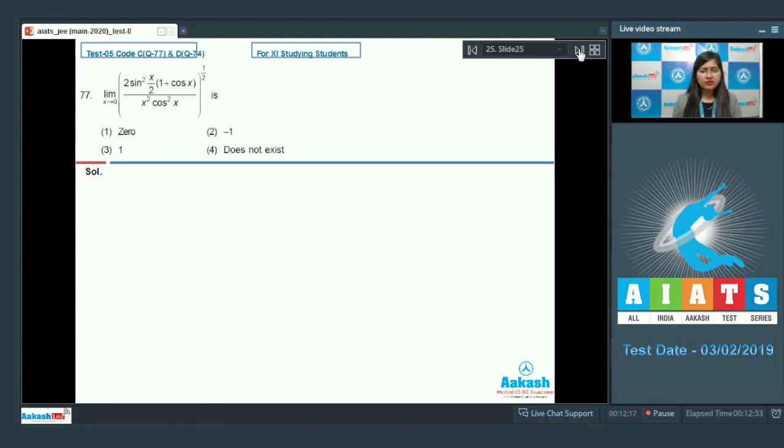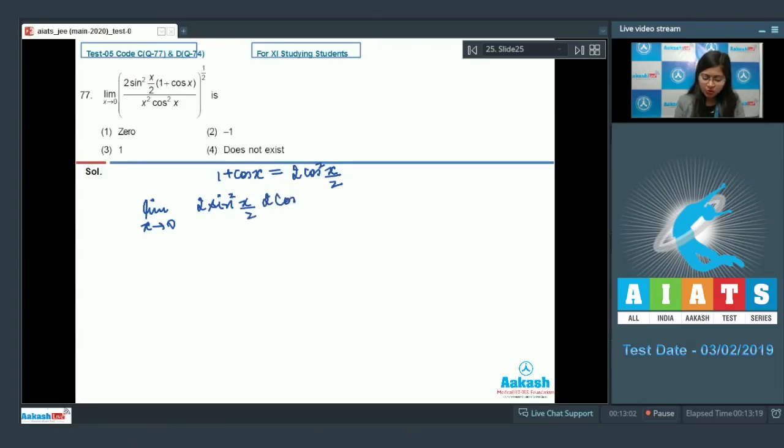Next is question number 77, which says limit x tending to 0, (2 times sine square x by 2 into 1 plus cos x upon x square into cos square x) whole raised to the power 1 by 2 is. Now we know the value of 1 plus cos x will be equal to 2 into cos square x by 2. So putting this value there, we will get limit of x tending to 0, 2 times sine square x by 2